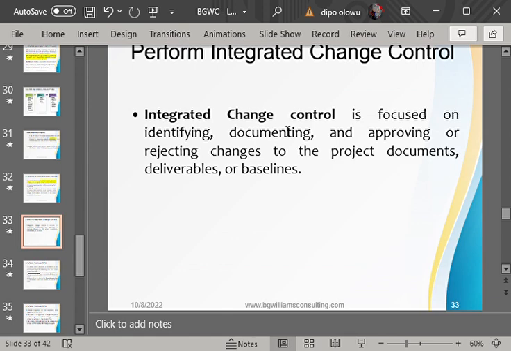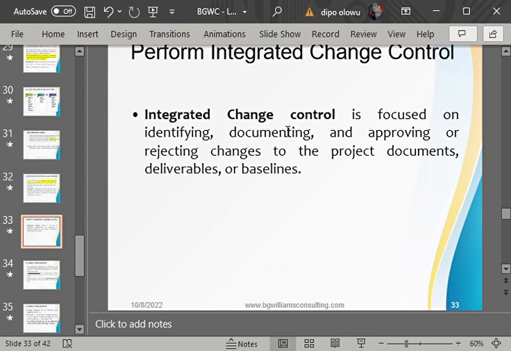Do you get that? Now, excuse me, sir. Now, let me go back to the case of the CCB. Is it true that as a project manager, I don't have the power to authorize any change? No. There are some changes that the project manager has the power to authorize. And what are those changes? Take note. Any change that does not have direct impact on the project objectives, the project manager has the power.